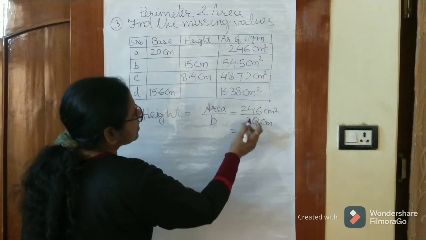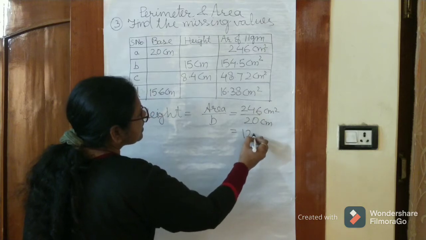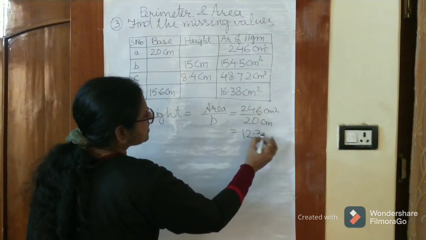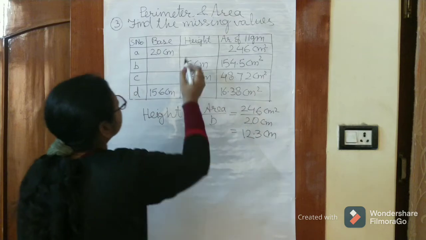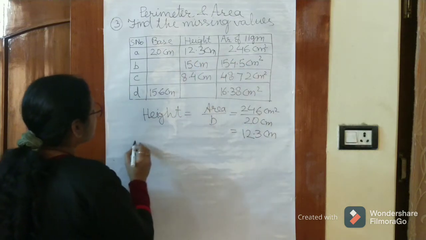2 ones are 20, 4 remaining, 2 twos are 40, 6 remaining, decimal, and 2 threes are 60. So this will be filled here. 12.3 centimeter. Now for the second part,